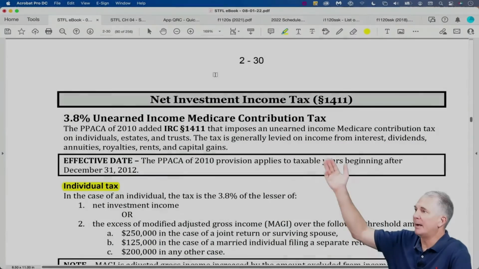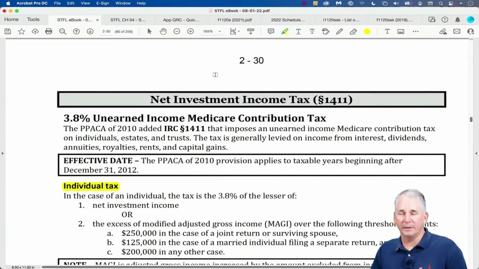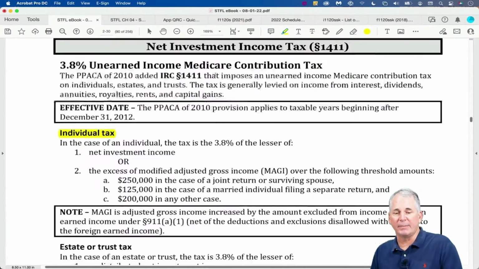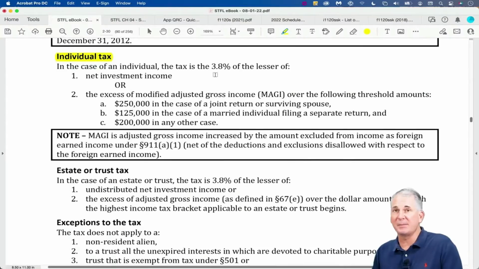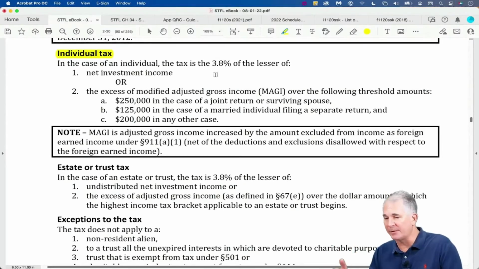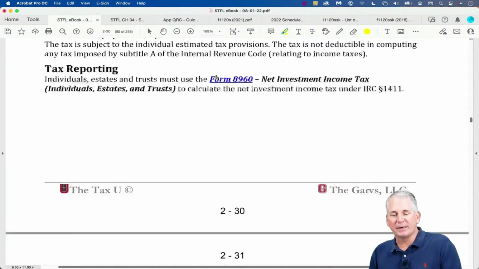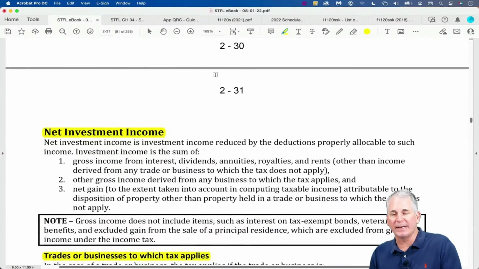3.8% tax. Okay, now I'm not going to go through the calculation with you. It does apply at the individual level. It only applies for individuals that are higher income, modified AGIs above $250,000 if you're married, $200,000 if you're single. Okay, what I want to talk about is what type of income is subject to the 3.8 and what we need to allocate down to the owners.